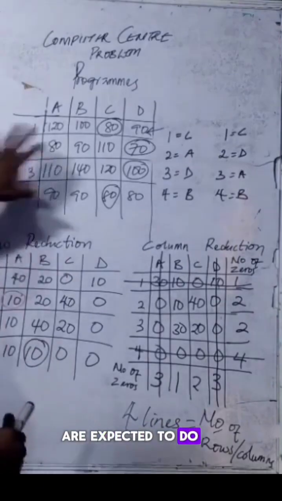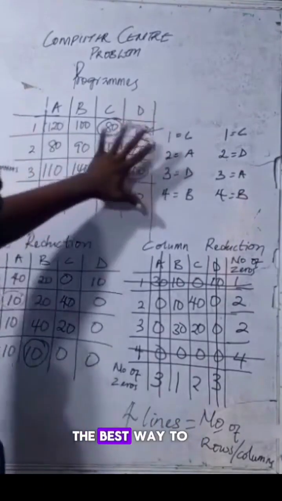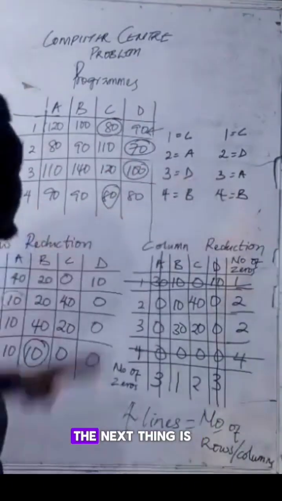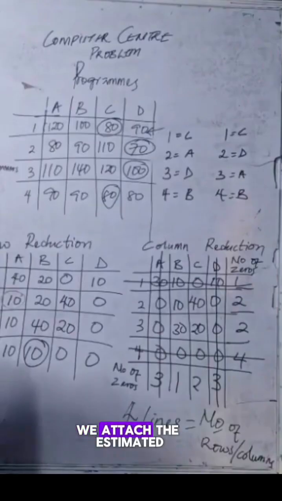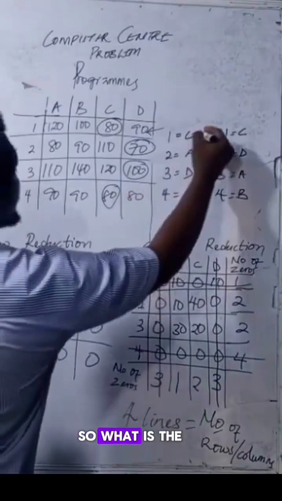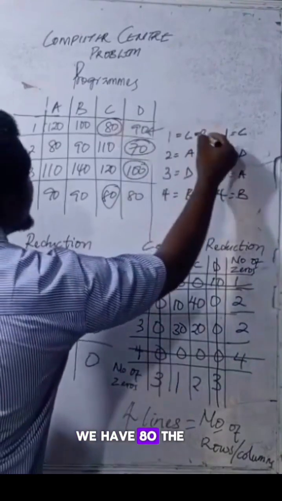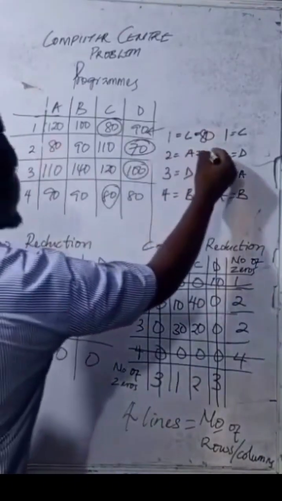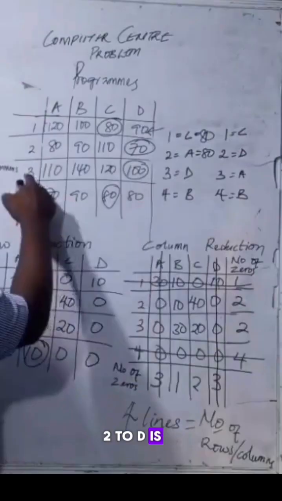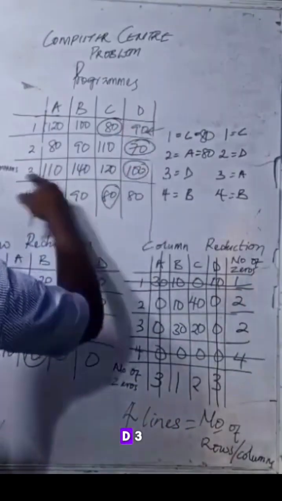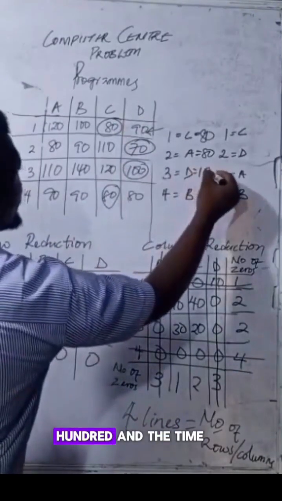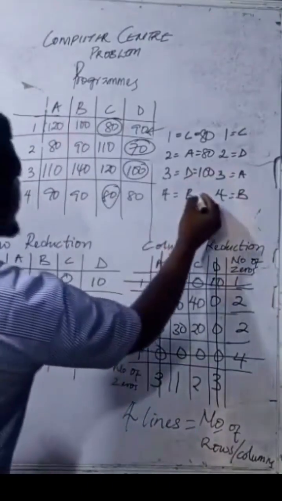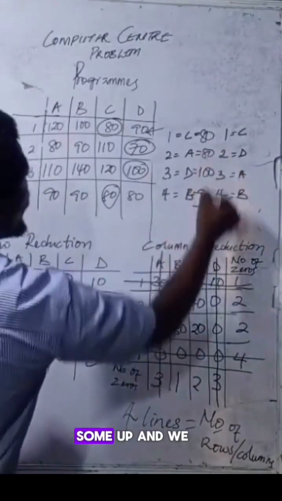So what are we expected to do now? Since we already know the best way to allocate these jobs to the programmers is what we have here, the next thing is to attach the estimated time in minutes. The time for 1 to C is 80. The time for 2 to A is also 80. The time for 2 to D is the point of intersection D3, which is 100. And the time for 4 to B is 90. So that is summed up, and we have